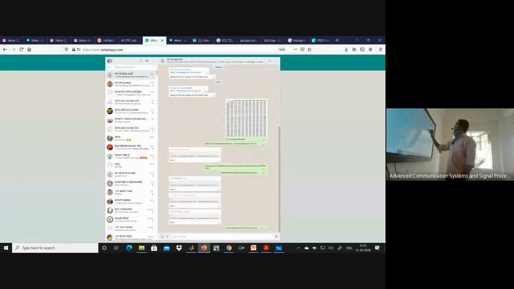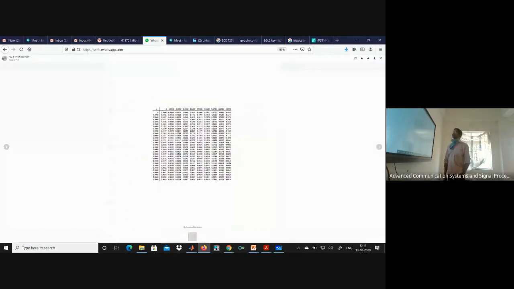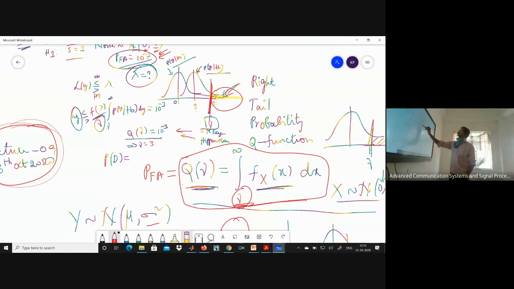I'll just open it for you. So this is the Q function distribution, right tail probabilities. So the right tail probability x is more or less similar to gamma. That means x is nothing but our threshold. I mean to say that this gamma is nothing but Rx. So what value of x will give me the probability of false alarm 10 to the power of minus 3,